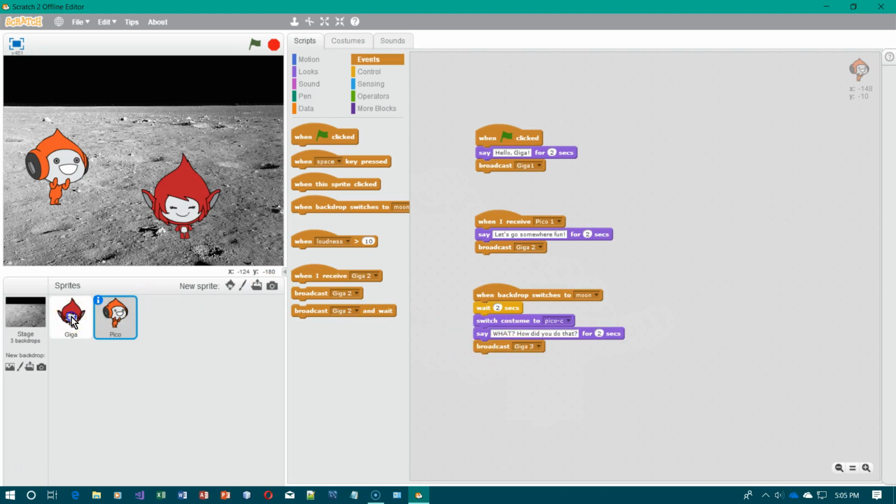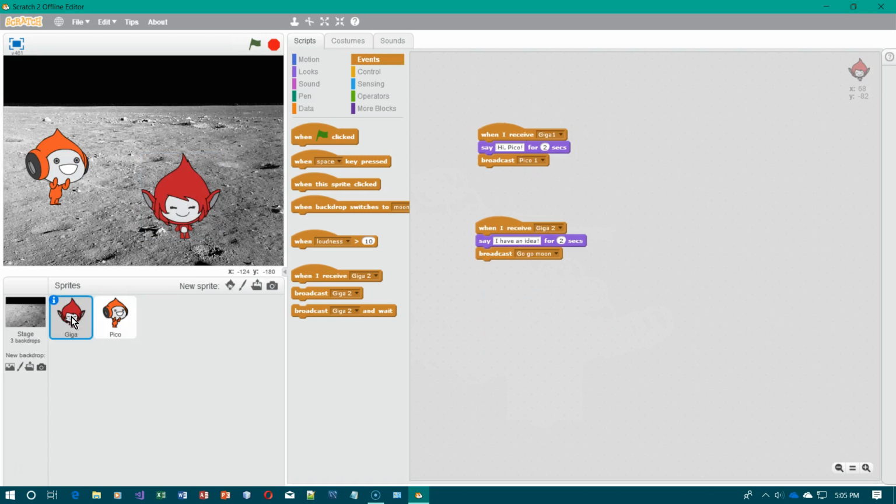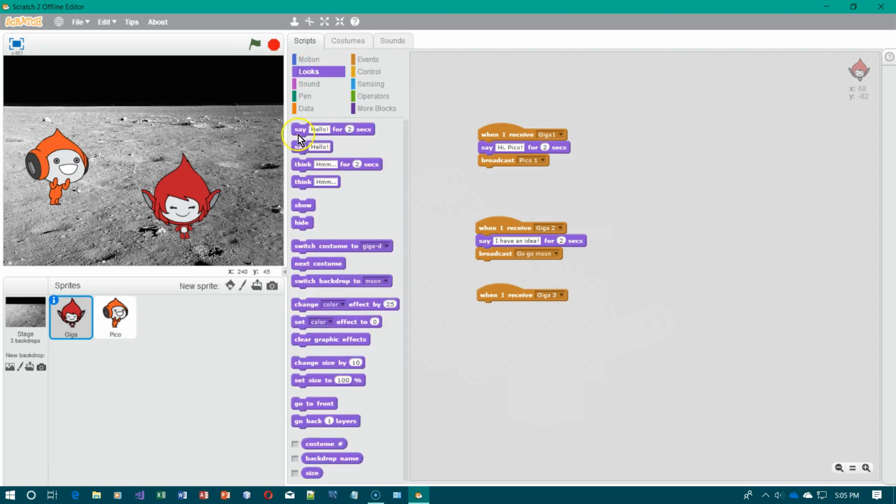So we're going to switch to Giga here. All four of those instructions are brand new. So we're going to do when I receive, and the message is going to be Giga 3 here, not Giga 2. And we are going to say something. So let's go to looks here, and we're going to say,